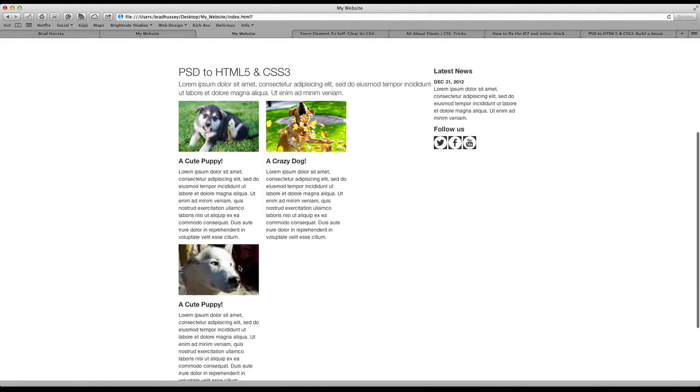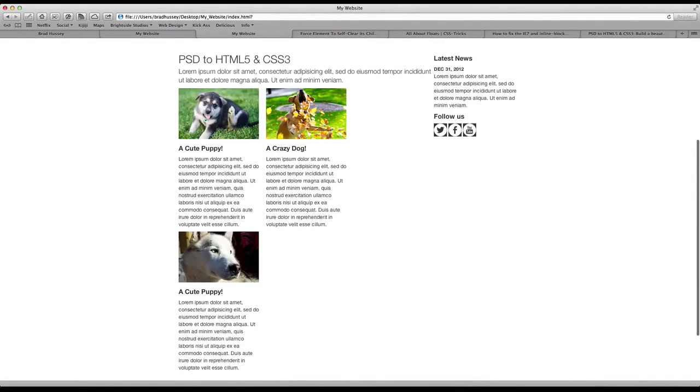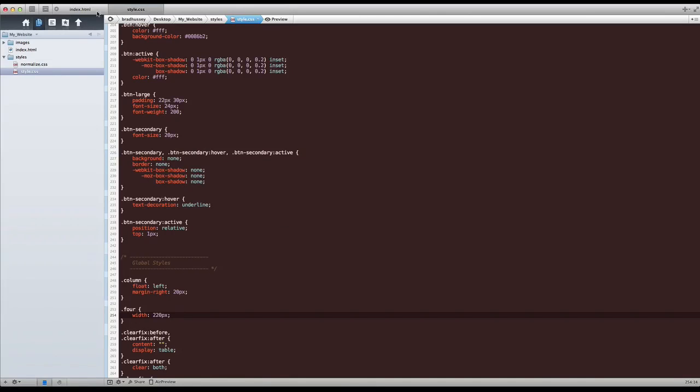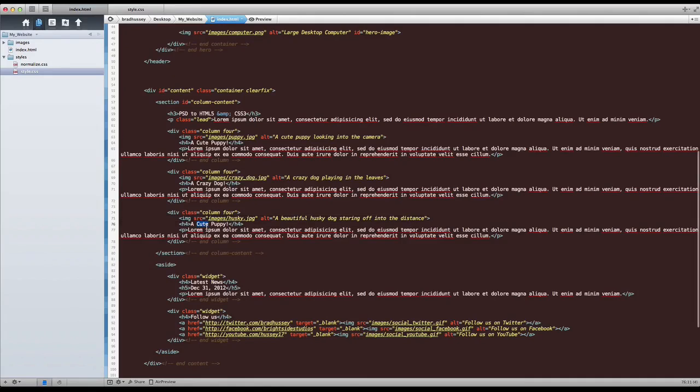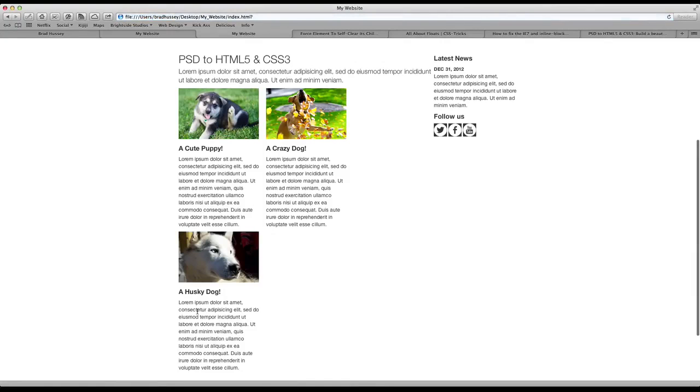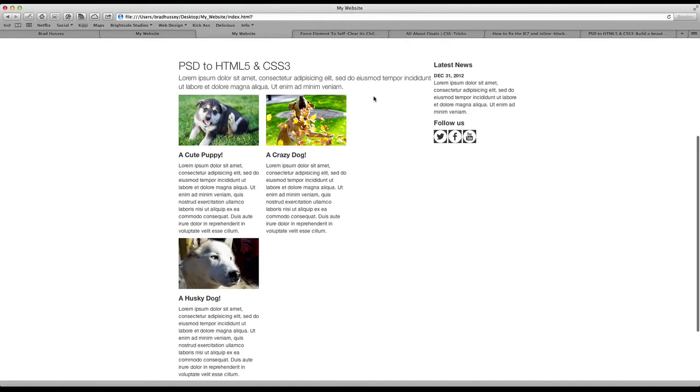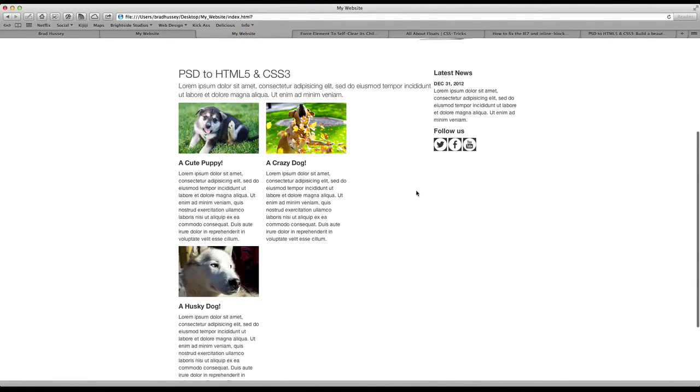But you can see that the husky, which we didn't actually change, let's fix that really quick so it makes more sense. There we go. The husky isn't floating up beside the crazy dog here. It's not making 3 columns. And why is that? The reason why is because we